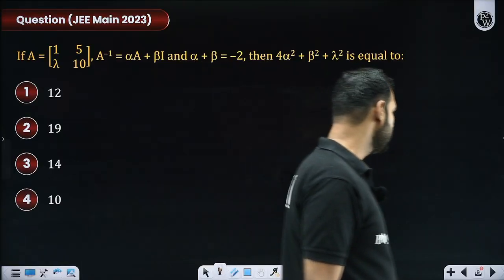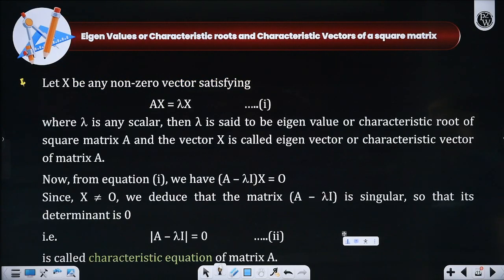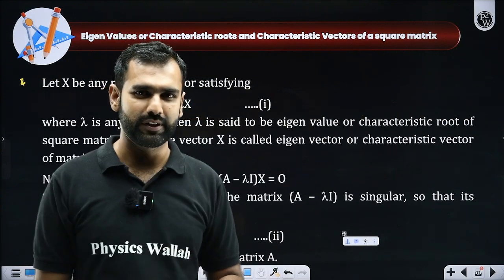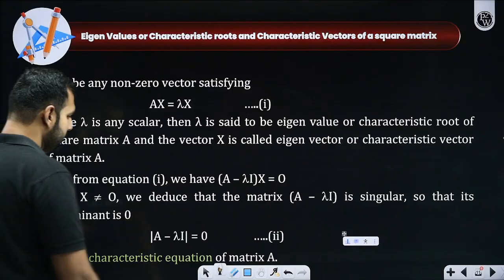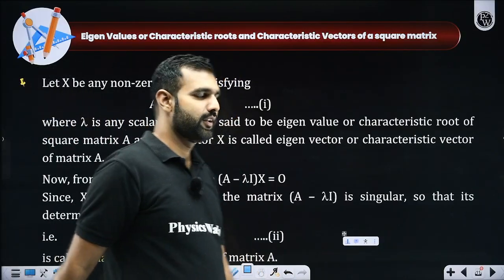Okay, so let me tell you the whole proof first, which we have already luckily discussed previously. But if you have not seen that, if you have forgotten that, or if you're watching it for the first time, let me show it to you. Always remember, I'll show you the proof first, then I'll get back to that question. Will that be okay? So here we are.